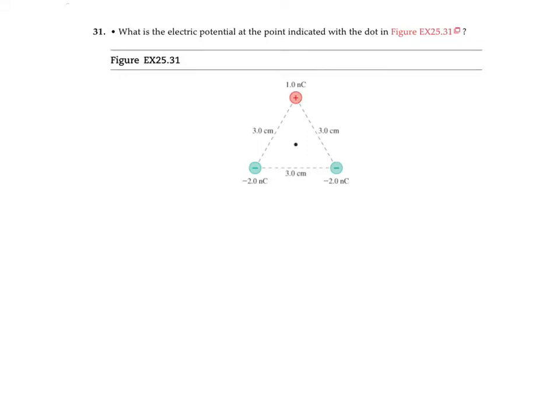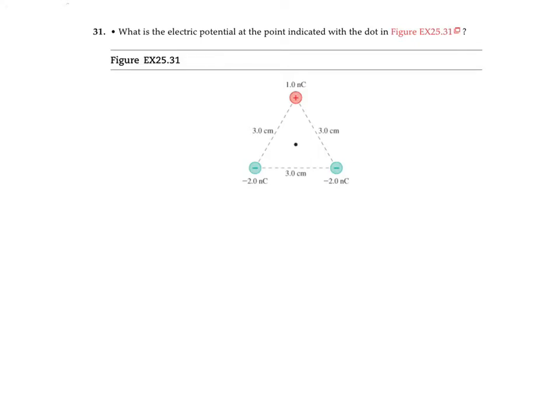We have an electric potential problem here. This is problem 31, chapter 25. So we have these three charges located in this equilateral triangle arrangement. You can see that the side of the triangle is 3 centimeters. The magnitude, the value of the charges are indicated there, and we're looking for the electric potential at the point